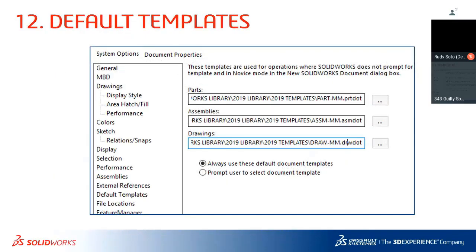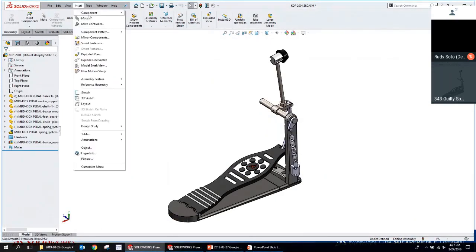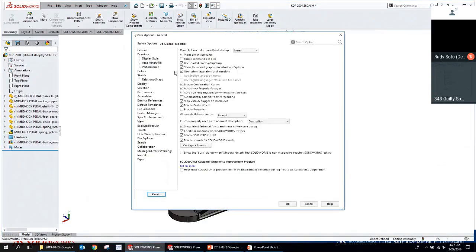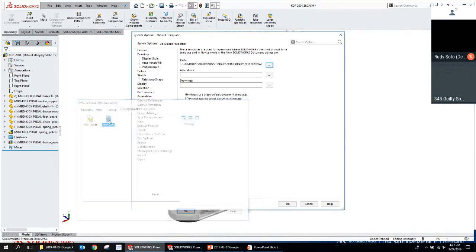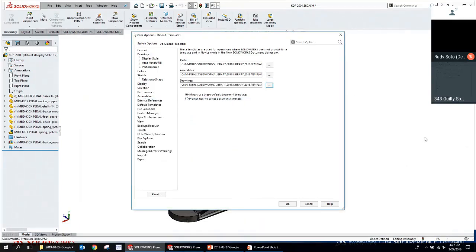And kind of on that same note, just a final thought here: when you go to commands like insert component new part or import a part from a different file system, you'll be in good shape if you come in here and specify the template that you want to use. Not only because then you can predict what's going to happen when you do that import or if you make an insert component new part or a mirror part, but also because you won't get errors.